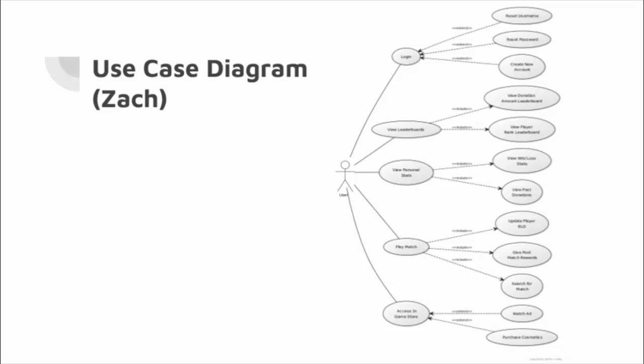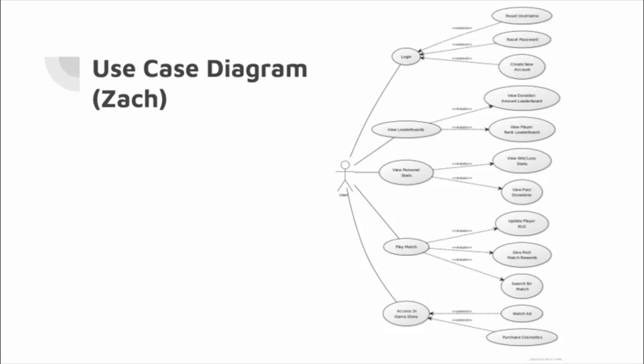Next up is the use case diagram. As you can see, there are 5 key actions. I'll start with logging in. The login action has 3 sub actions, which are reset username, reset password, and create a new account. These are all extended from login, as you don't necessarily need these to log in, but they should be included